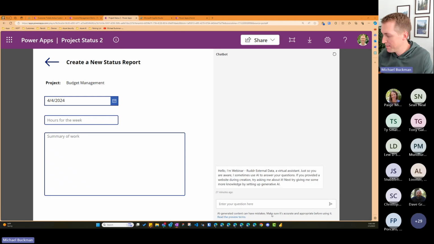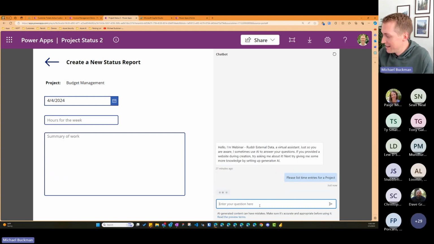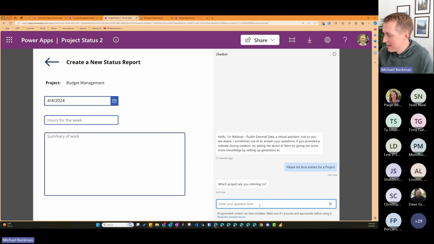So I'm going to say, please list time entries for a project. I'm being very general here just to show you that it will prompt me to say, hey, what project are you referring to? You're pretty vague here. Now I'll stop here and say, we are using actions within Copilot Studio. Those actions are calling out to a custom connector that we've configured, and I can show that in a second. There are inputs that I have for each endpoint and a description for the endpoint so that it knows